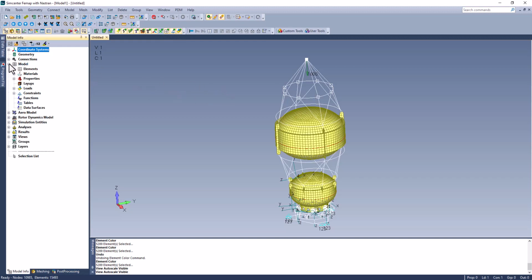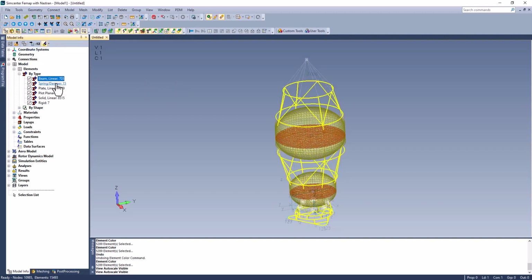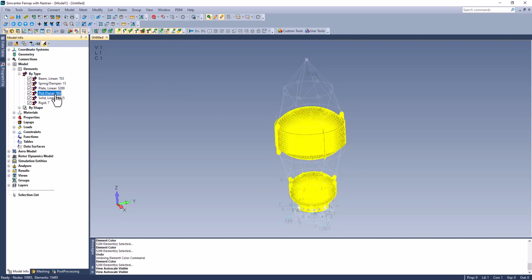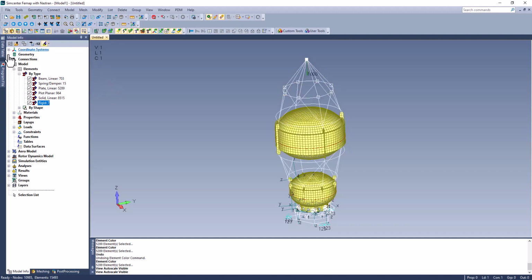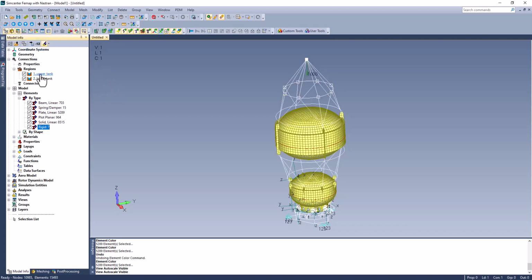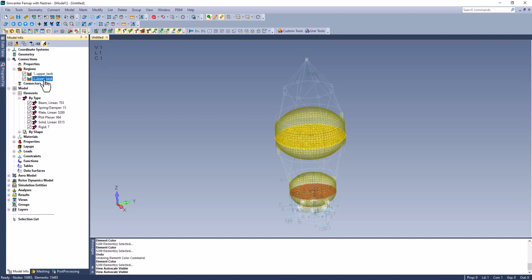In this model, which represents a satellite structure, I've used plate elements to model the structure and solids to represent the fluid elements. The nodes defined in the meshes are separate. I've also defined a fluid region which specifies the details of the incompressible fluid surface. This model has two fluid regions, an upper region and a lower region.